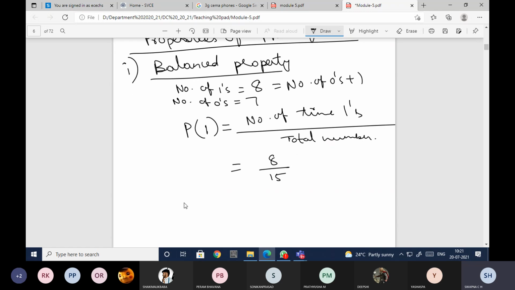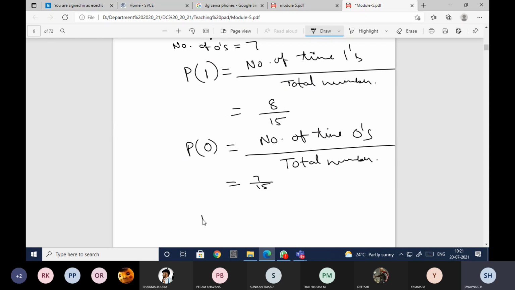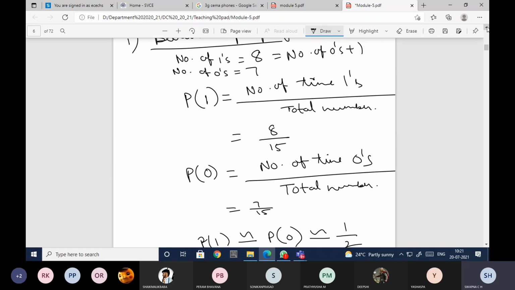In the same way, P of 0 is the number of times zeros are occurring divided by the total number, which is 7 by 15. If you compare, they are almost equal. So P of 1 is almost equal to P of 0, which in general is one half, 1 by 2.